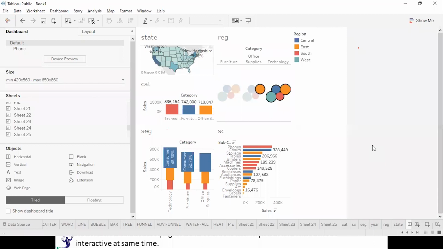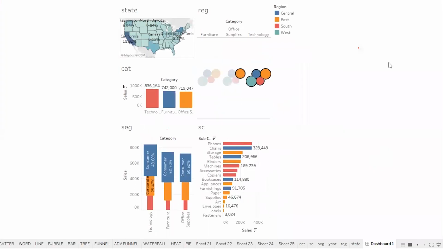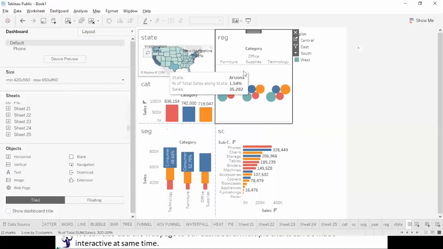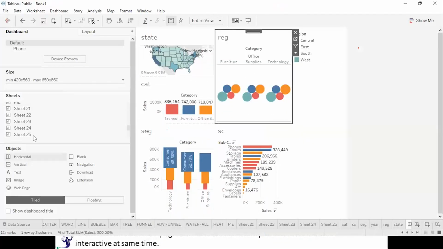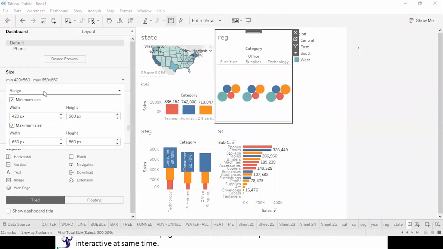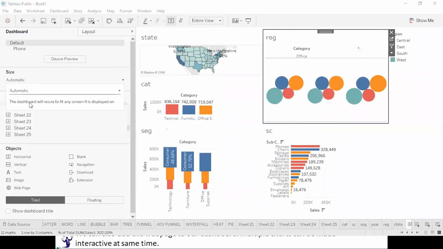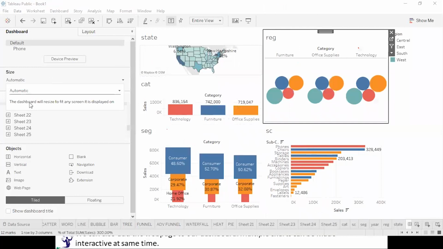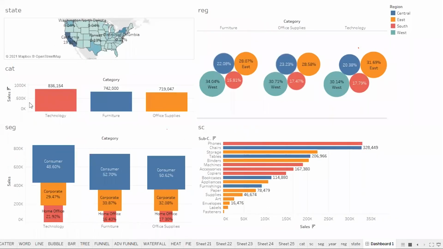The challenges are, let's focus once again on the problems. Here it is. All the visuals are in the center of the screen, and the left and right space is lying vacant. So first, this thing has to be resolved. To resolve this, we have to make the size always automatic. Always remember, the size needs to be automatic. This is the first thing you do when you come to the dashboard.